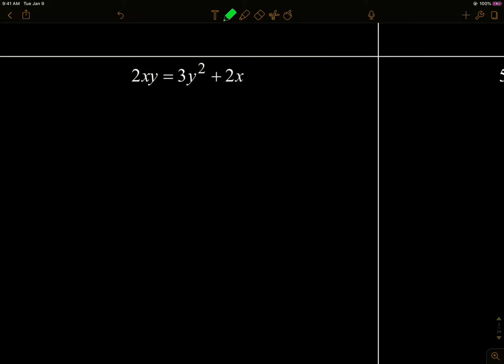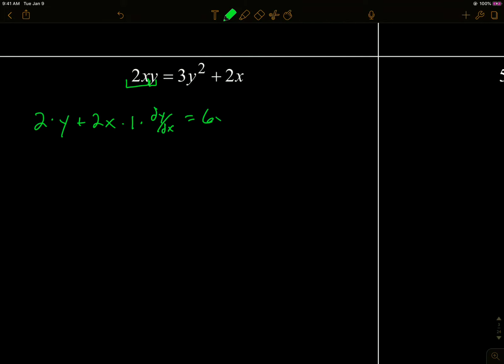Okay, now I've got 2xy. This is a product rule. 2x is my first function, y is my second function. So I've got one function times another, and we have to do product rule. The derivative of 2x is 2, dx, which I'm not going to show, times recopy the second, plus recopy the first, 2x, times the derivative of y, which is 1, times dy/dx, because I took the derivative of a y. This part can kind of mess us up. There is no y in this term, but it still has a dy/dx, because I took the derivative of a y,